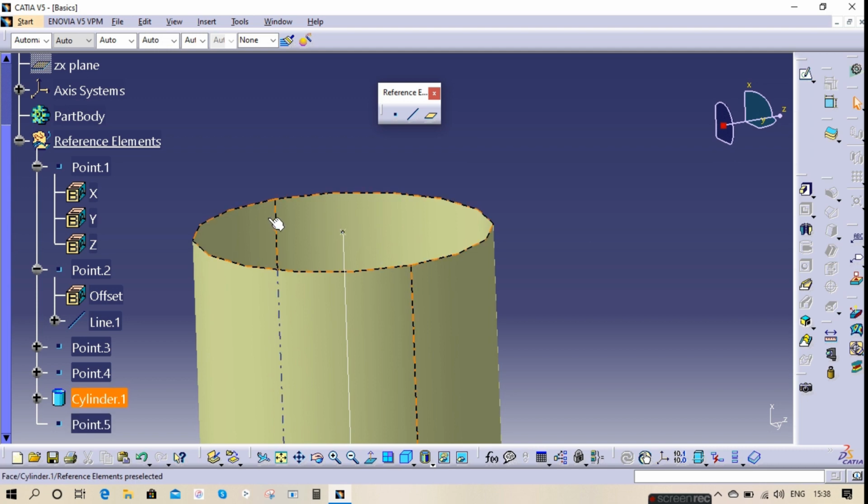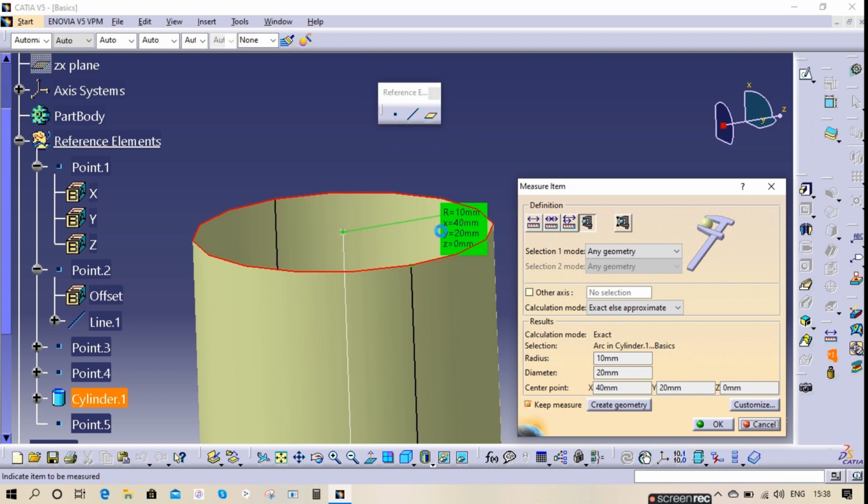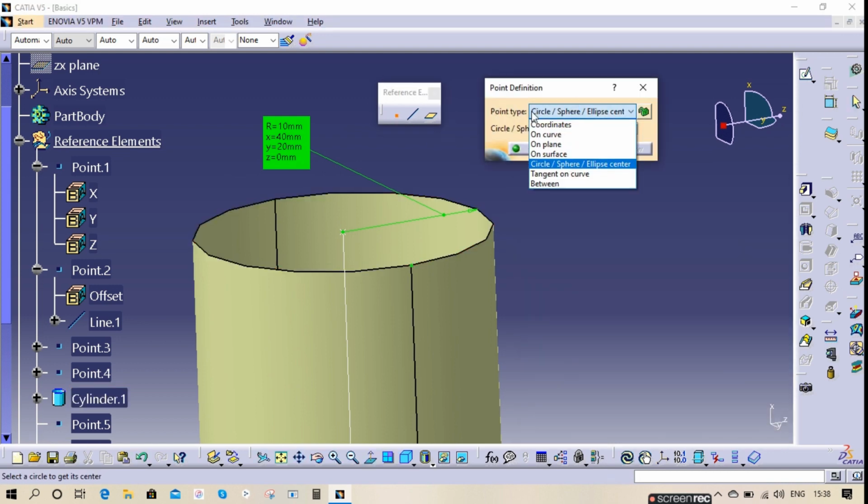From the center in any direction it is 10 mm radius. If you go on measurement, it is showing on the center only. See, my radius is 10 and x, y and z are 0 because I took x, y and z 0 before. So these coordinates are here now. Similarly the sphere and ellipse also.